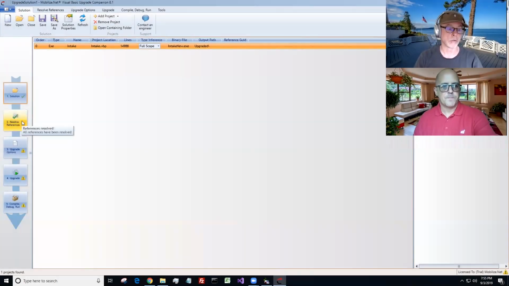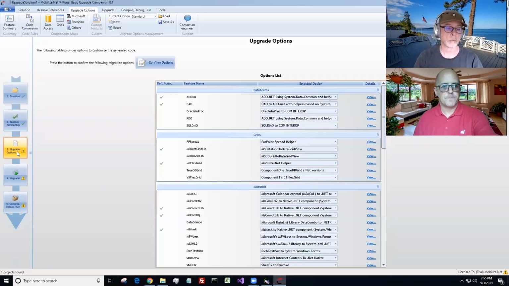All right, so now let's see, step 3, we're going to check all the options. And this is kind of a cool thing. I think a lot of the people that I talk to maybe don't realize what this is and how they can use it. So maybe let's look at a couple of more interesting options, and the idea that you can change how the code gets generated, and you can get an idea in advance of what's going to happen. Yeah, so the green check marks, it's a theme throughout the VBUC, and in